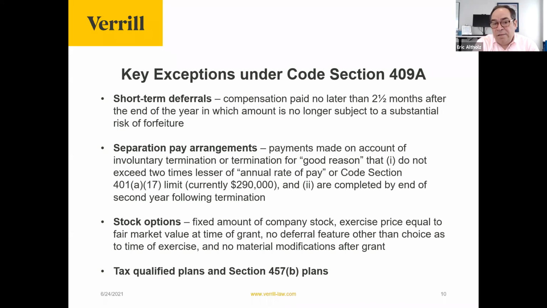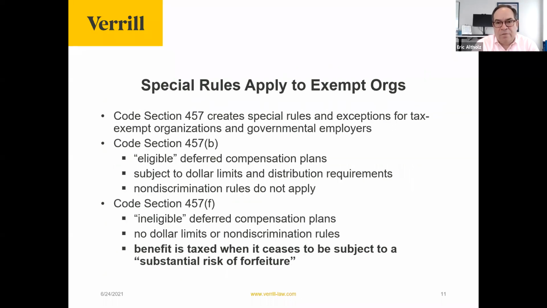And then finally, tax qualified retirement plans such as your 401k plan, as well as deferred compensation plans of tax exempt and local governments, Section 457(b) plans, are also exempt from Section 409A. Just for a moment, I'll leave this slide up.